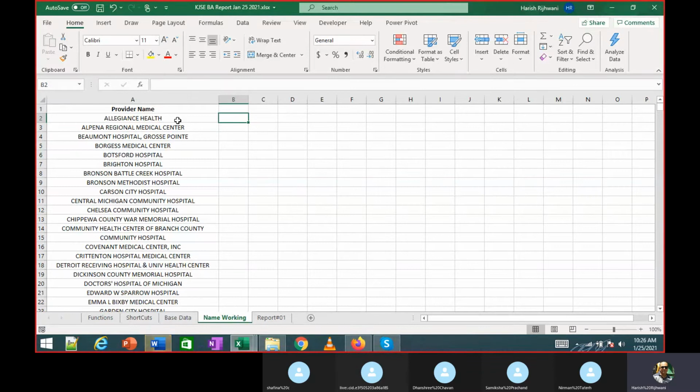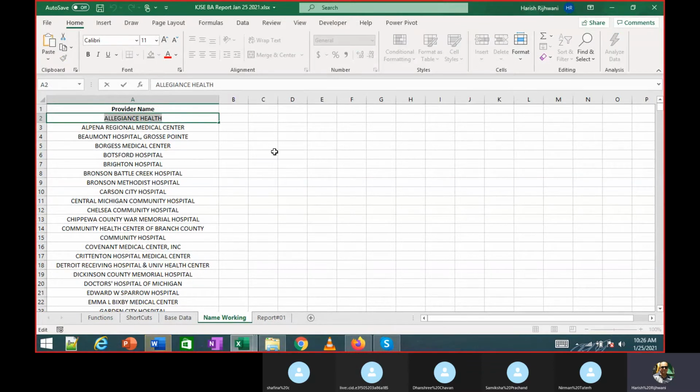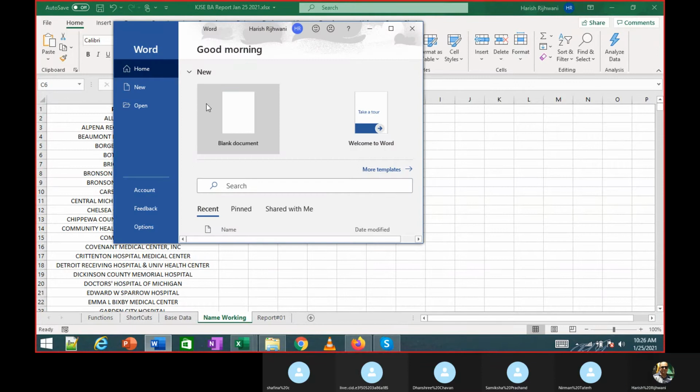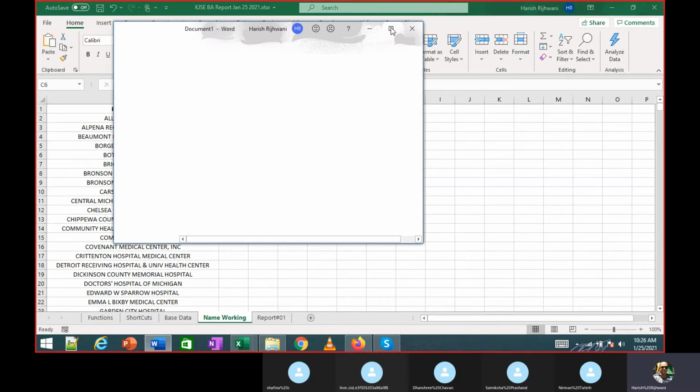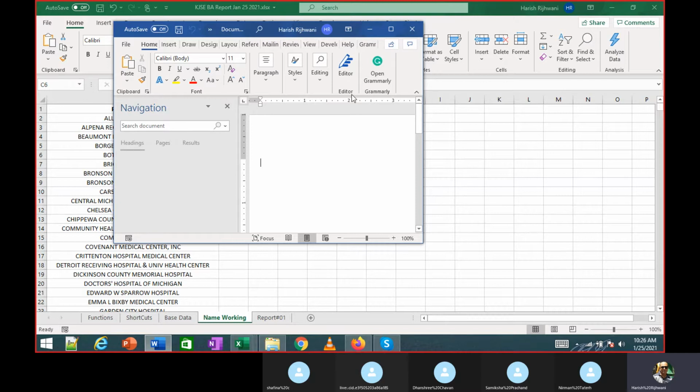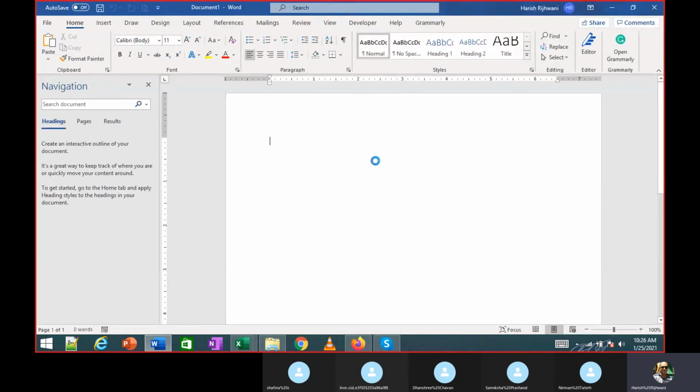If you have used Word anytime, I'm going to use a blank document in Word. If you used Word anytime, and if I select the data and you see the symbol over here, change the case, capitalize each word.